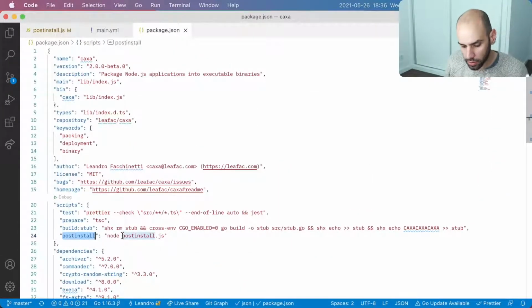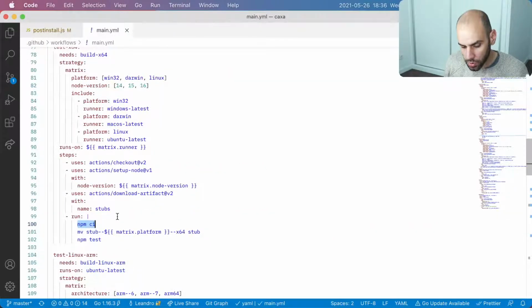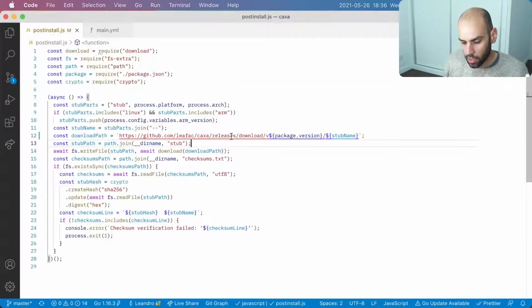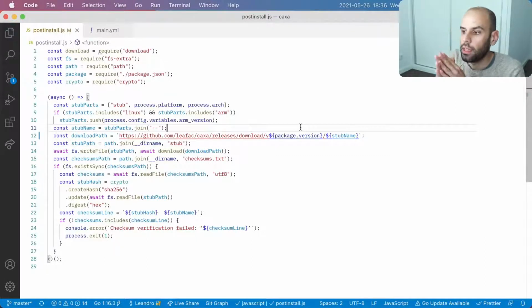So it will run the post install script, and it will try to install from a release that is not there yet. And this should fail because we have not finished yet putting the binary in the right place in the GitHub releases. So there is this chicken and egg problem of what happens first.